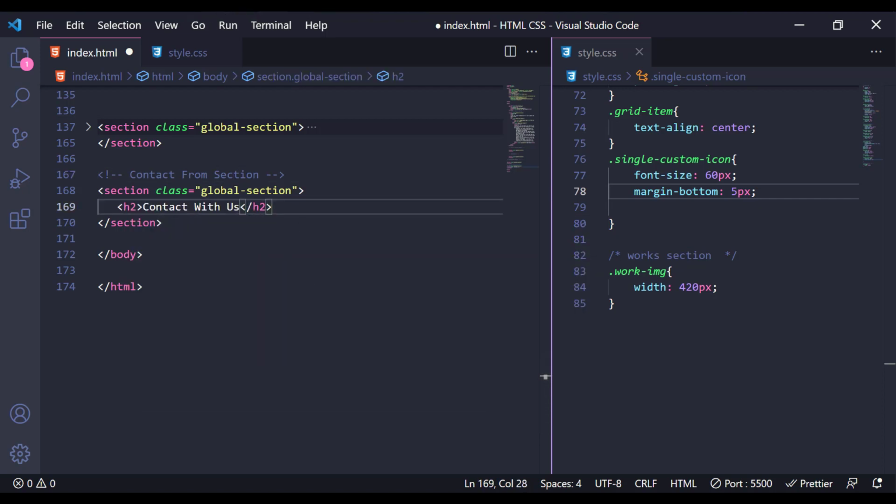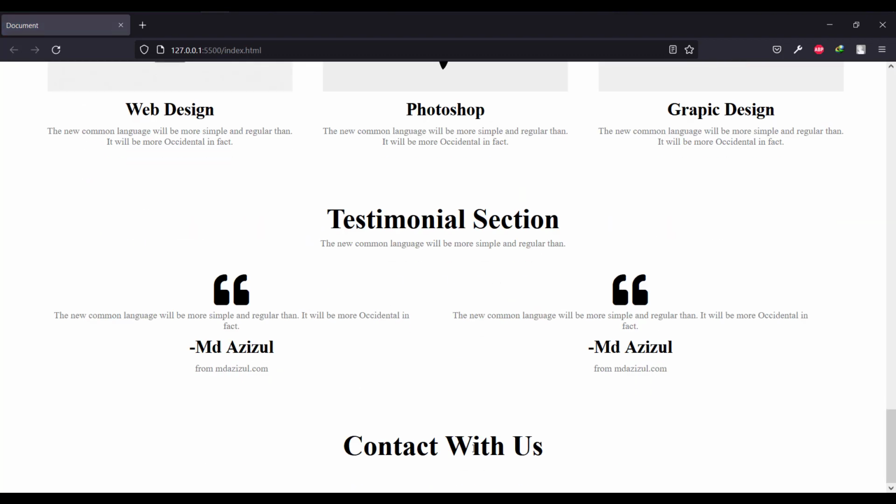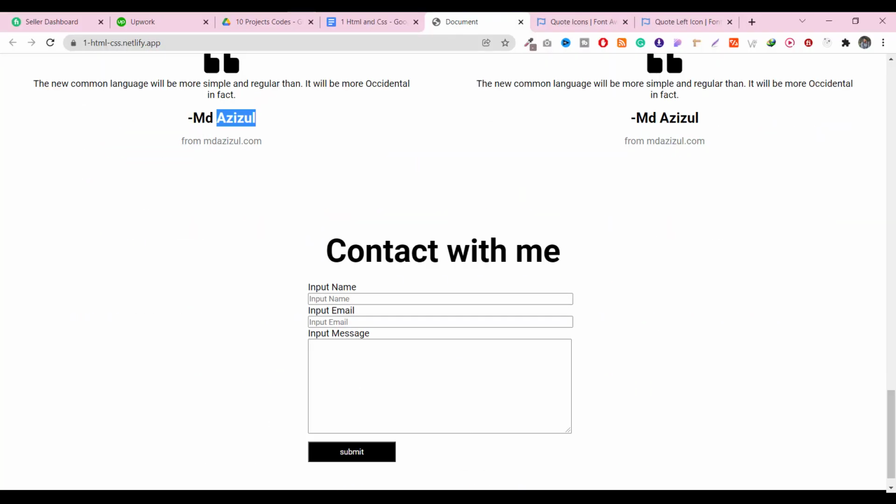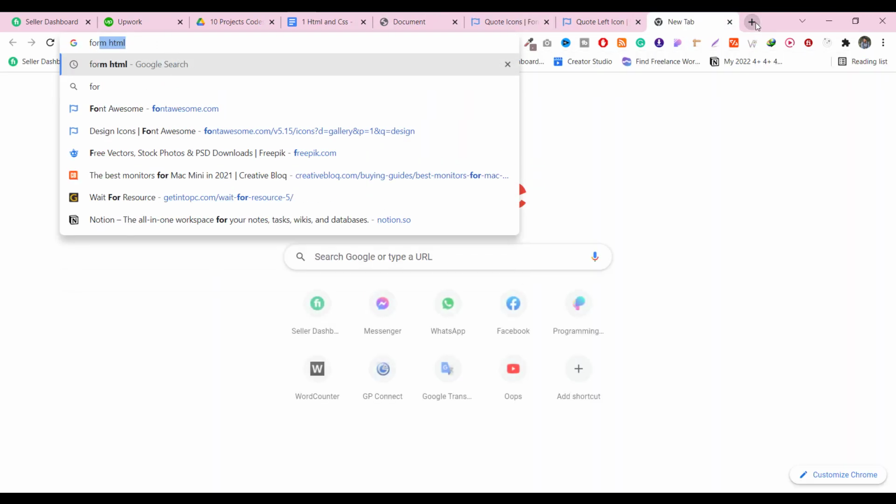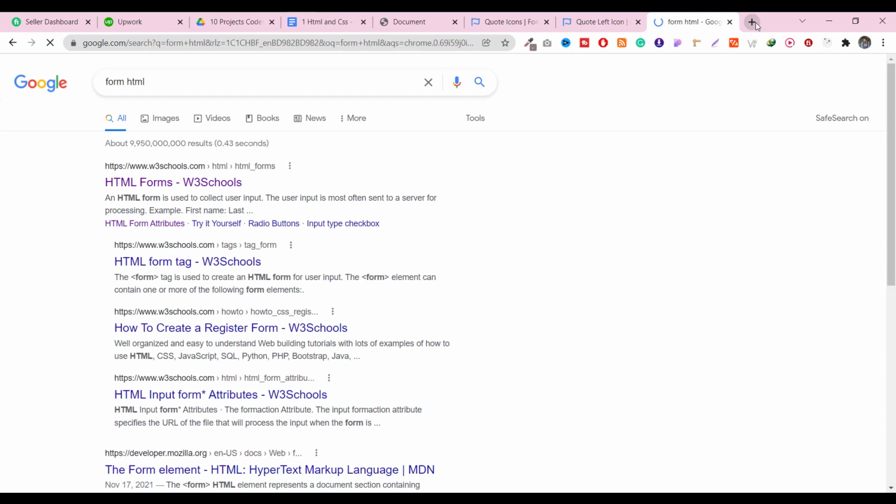So I type contact us. Let's see how the preview looks. So now it really looks like this, and now we have to put in the form. If you don't know much about forms, just Google form HTML,